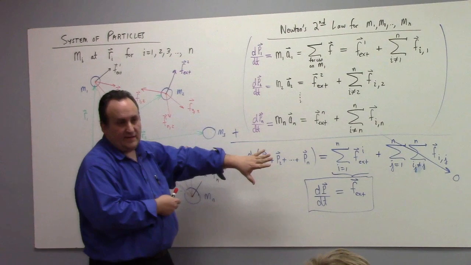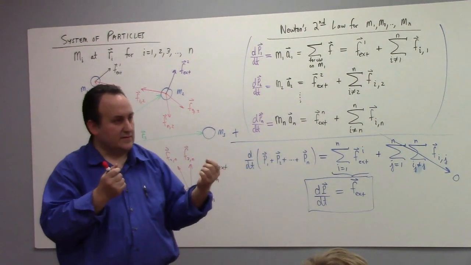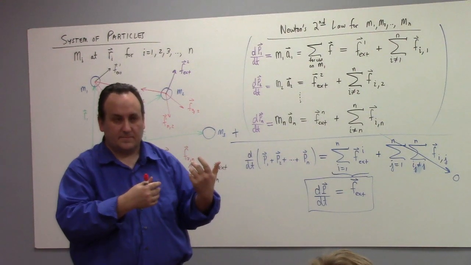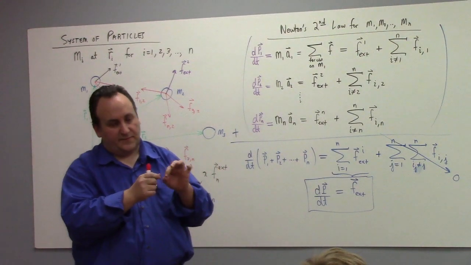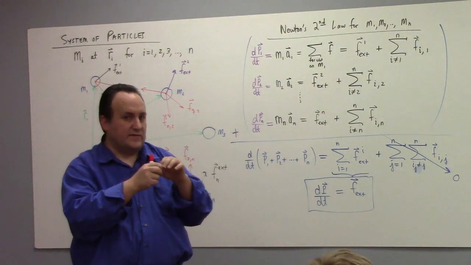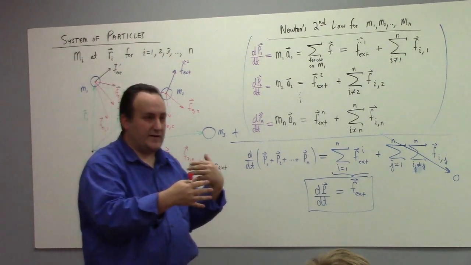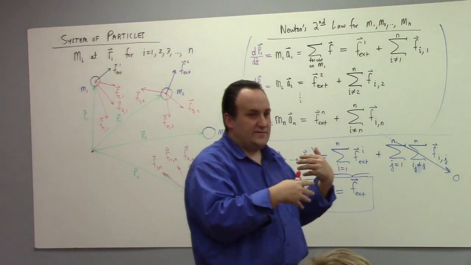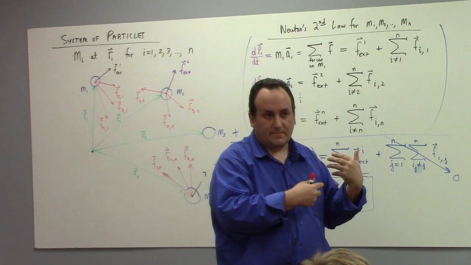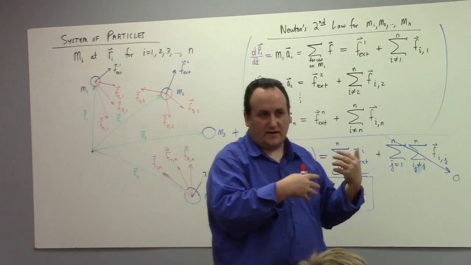And so to find the center of mass for a continuous distribution of mass, we have to do an integration. If your object is one-dimensional, you've got a one-dimensional integral. If your object is two-dimensional, you've got a two-dimensional integral. If you've got a three-dimensional object, to properly find the center of mass, you're facing integrals over volume. All right. So we'll come back to that as we study physics.